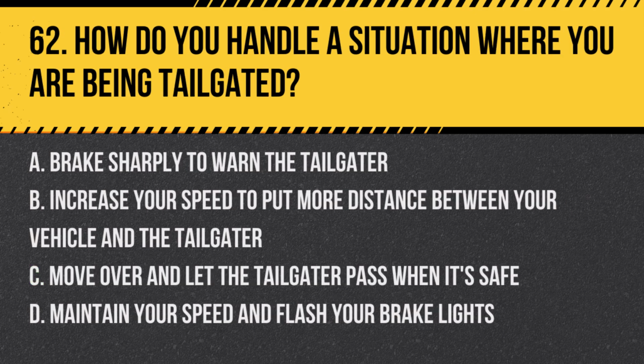Question 62. How do you handle a situation where you are being tailgated? A. Brake sharply to warn the tailgater. B. Increase your speed to put more distance between your vehicle and the tailgater. C. Move over and let the tailgater pass when it's safe. D. Maintain your speed and flash your brake lights. Answer: C. Move over and let the tailgater pass when it's safe. The safest way to handle being tailgated is to allow the tailgater to pass you, if possible, to avoid potential